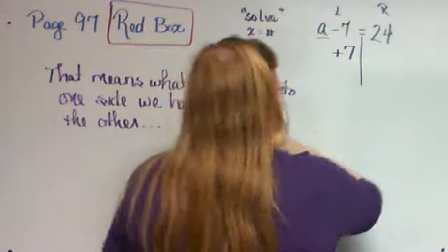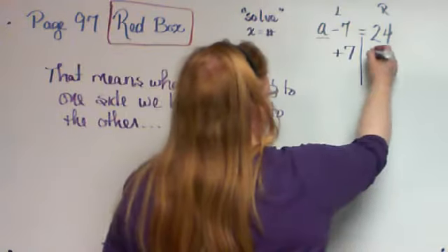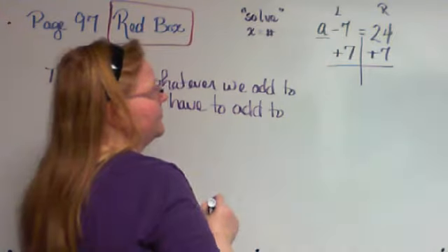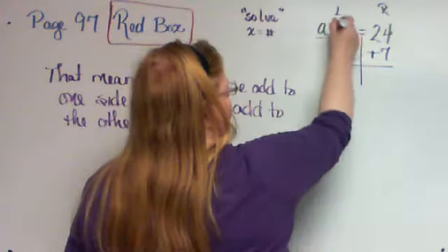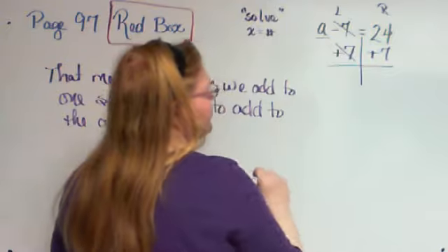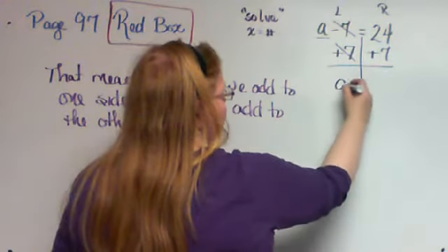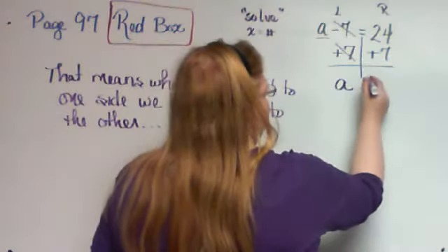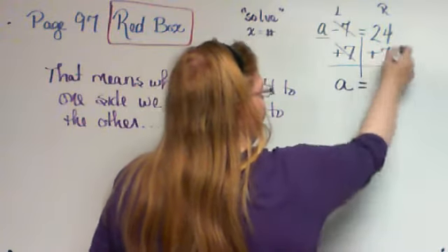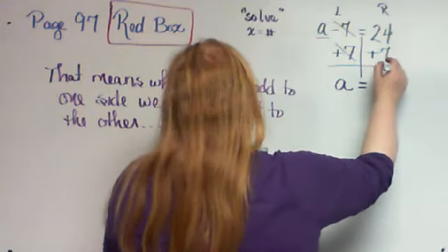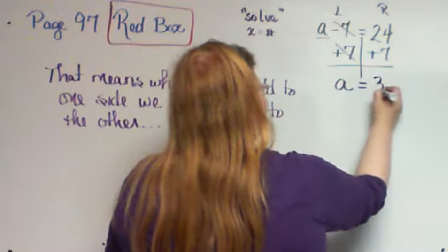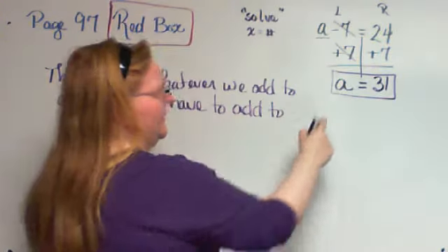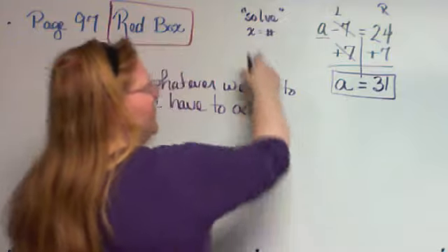If I do it to this side, the rule says that I have to do it to the other side. Whatever you do to one side, you have to do to the other. So now that I've done that on this side, my negative 7 cancels out with my positive 7, and the only thing I have left over here is an A, which is good, because that's what I wanted by itself. And then that has to equal whatever is left on this side. So 24 plus 7 is 31. I know I'm done because I have a letter equal to a number,